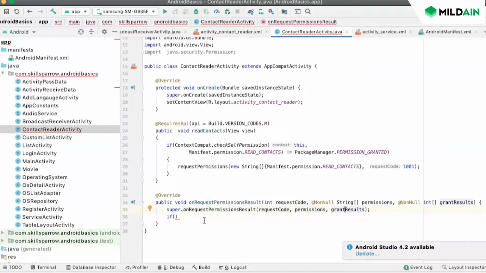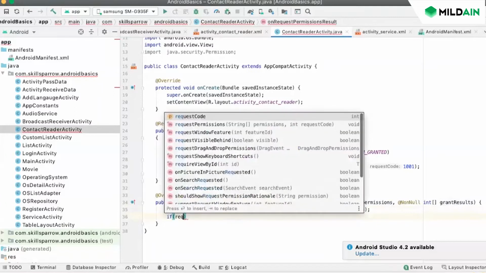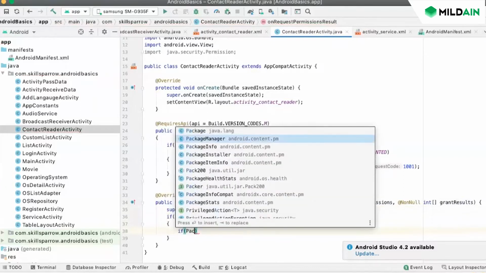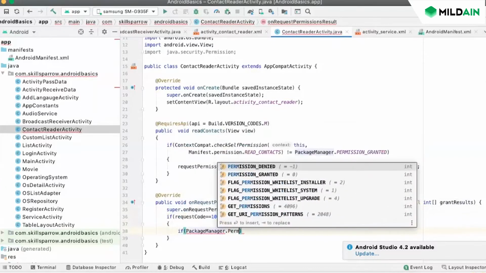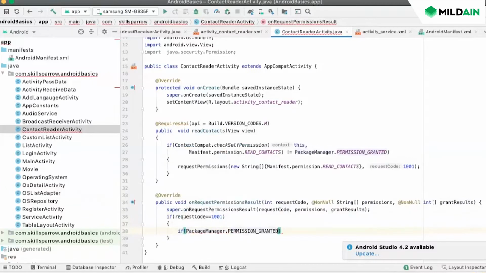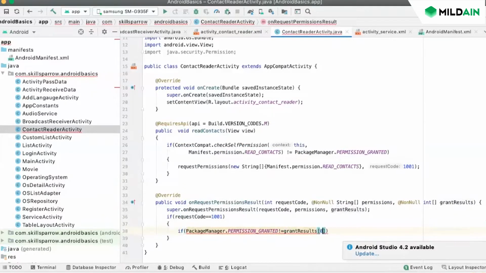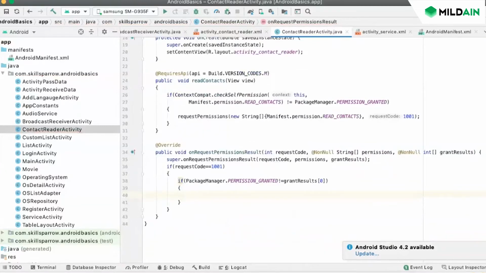Since we had asked only one permission, we will say if request code equals 1001, then if package manager dot permission granted is not for the first permission that we want, if it is not granted,